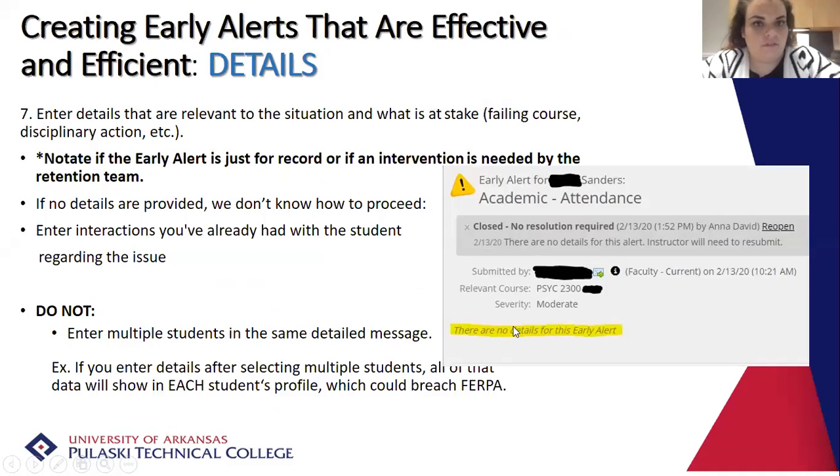All right, so again, with the details, this is an example of an alert that has no details for this early alert. We don't know what's going on. We know it's in attendance, so they're apparently not showing up, logging in, or showing up to class for their psych class, but there's no details about it. So we would still reach out to the student and say, hey, either keep it general, generic and say, hey, how's your semester going? Or say, hey, we heard from your psychology and human experience instructor and said,